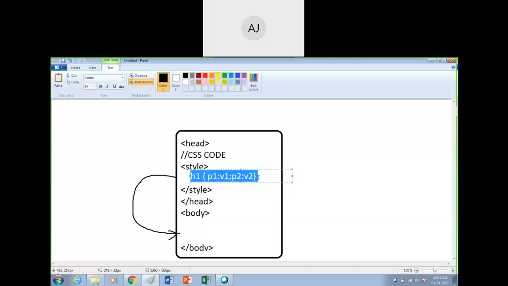For the class you use the dot operator, followed by the class name. I will use c underscore name, that is class name, anything I can give, and I can write property 1 value 1 and so on. This is for the class selector. Similarly for the id selector, I must use the hash symbol and then the id underscore name.